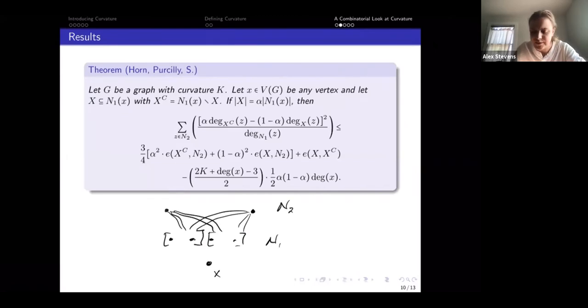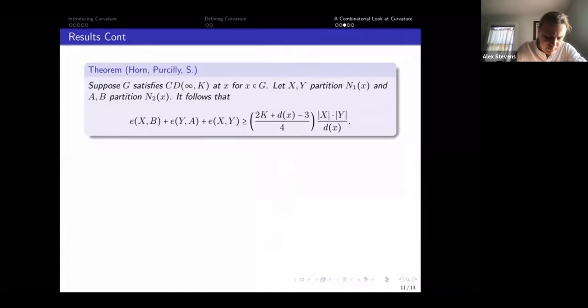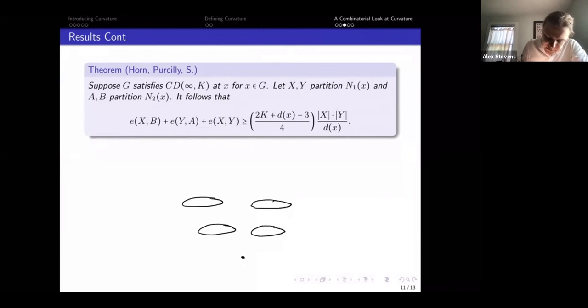Okay, we can use that a lot to say things about the graph structure. So from that result, we can say something like this. This ends up being way easier to digest, and we use it quite a bit. So this is saying that if we would like to divide our first neighborhood and our second neighborhood up of some vertex x, and we look at edges in between parts, we can lower bound the edges in between parts here